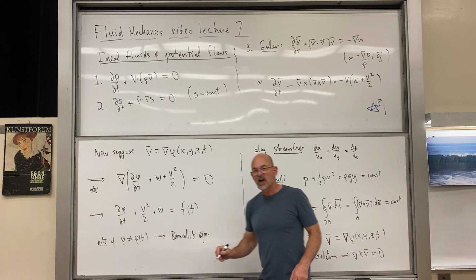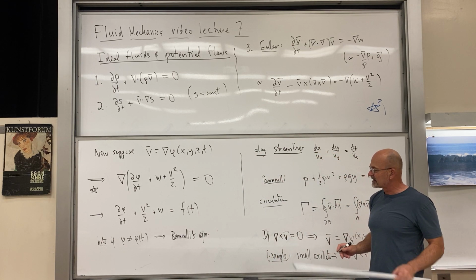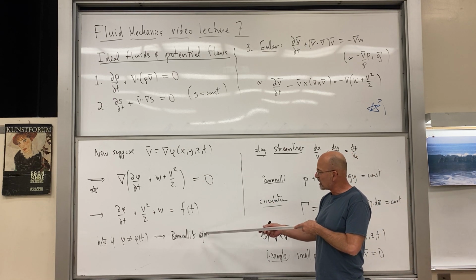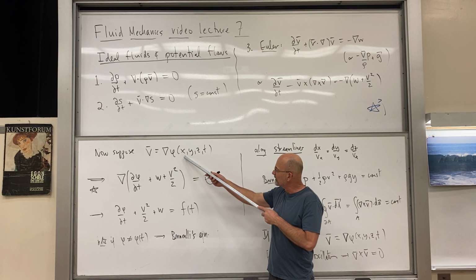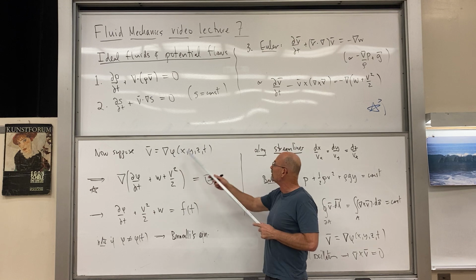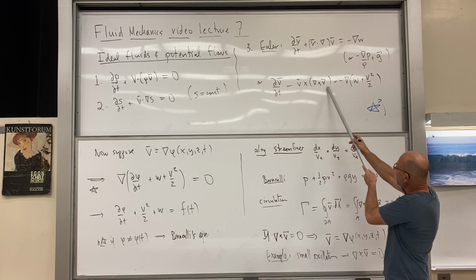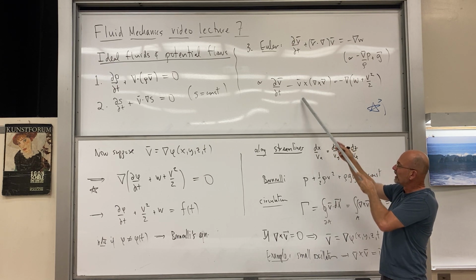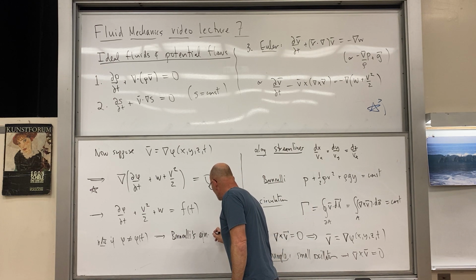But not just along a streamline, but in fact in the bulk, okay? Because we don't have the restriction that we're along a streamline here. Our restriction this time is that it is a curl-free field. Remember, the curl of a gradient vanishes identically. That's why we got rid of that term right there. So we get Bernoulli's equation,